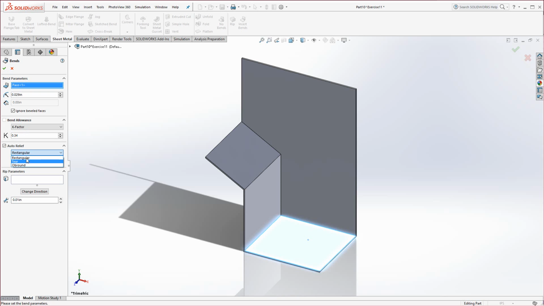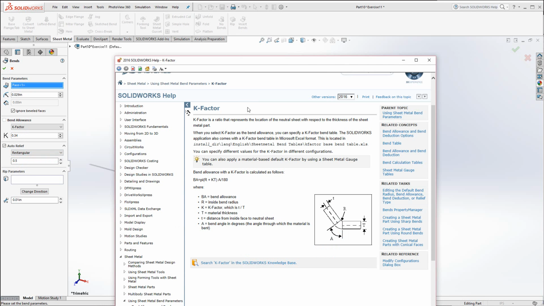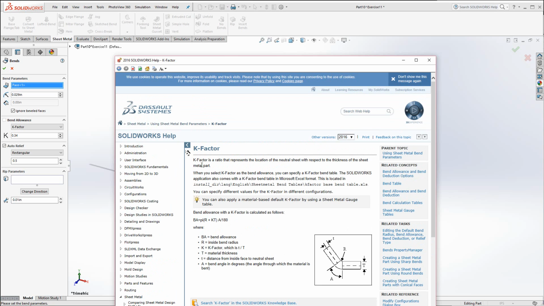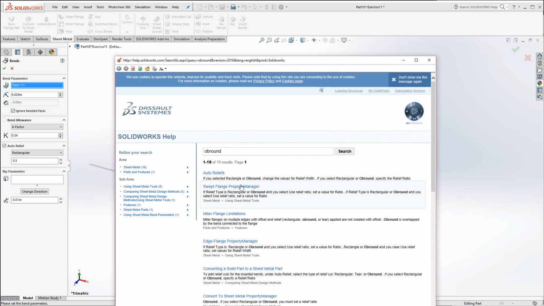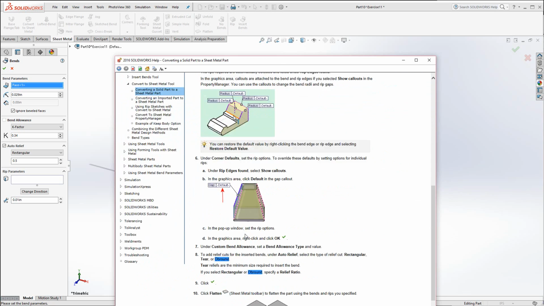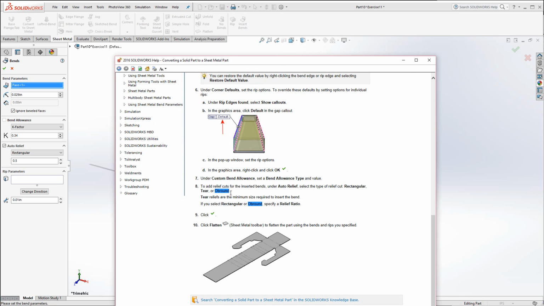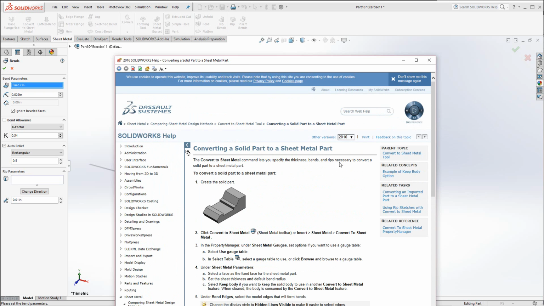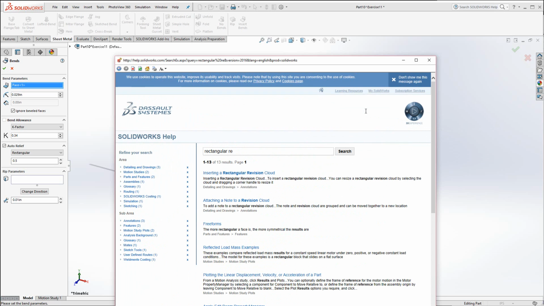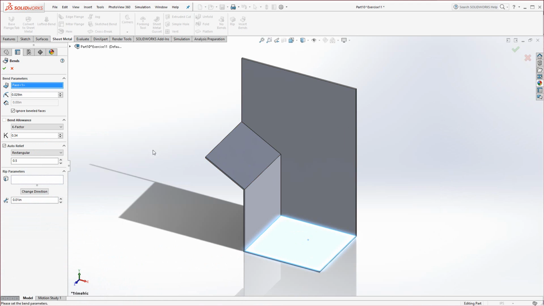You'll notice that there's 3 options for relief: rectangular, tear, or obround. Again, we could go ahead and look that up, and you could see actual images of what these are. So let's take a look here. And they usually have a pretty good image of what the obround looks like. And here I'm not seeing it. Somewhere in here there is actually, let's do a rectangular. Okay, anyhow, I'm not seeing it offhand, but essentially